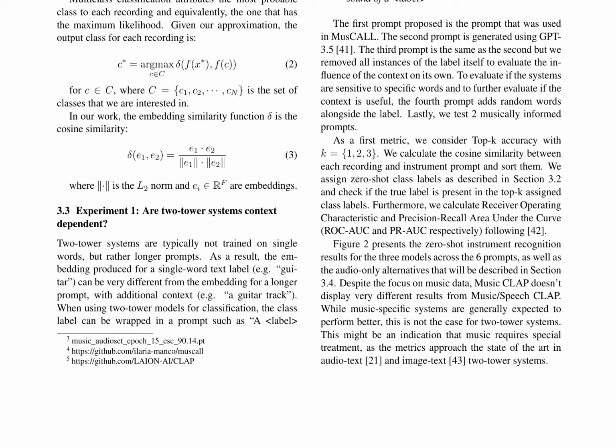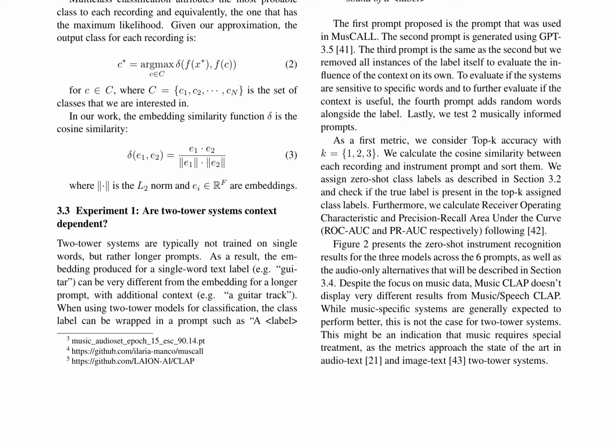They evaluate the prompt sensitivity of each system by testing 6 different prompts, including the original Muse-Call prompt, generated definitions, and musically informed prompts. The results, presented in Figure 2, show that despite the focus on music data, Music CLAP does not display significantly different results from Music Speech CLAP. This suggests that music may require special treatment, as the metrics approach the state-of-the-art in audio-text and image-text